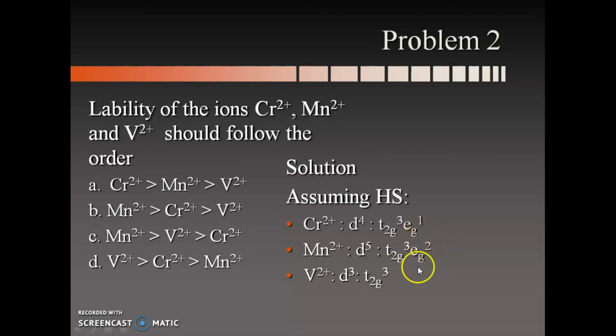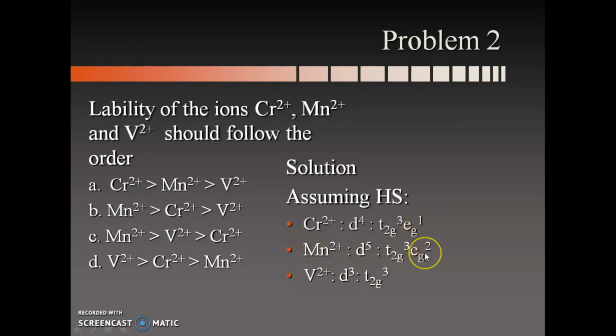So that means the CFSE value will be very, very less, because the T2g electron contributes in both the cases, it is 3 only. So they will have minus 0.4 into 3. So that is going to be the same. What is going to reduce the CFSE value is the Eg electrons: the CFSE value will be reduced more by Eg2 than by Eg1. So that means the lesser CFSE will be observed for Mn2 plus. So now this is going to be more labile.